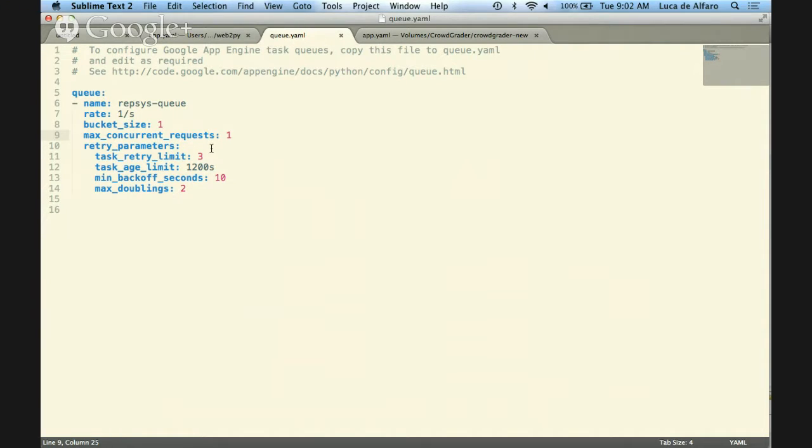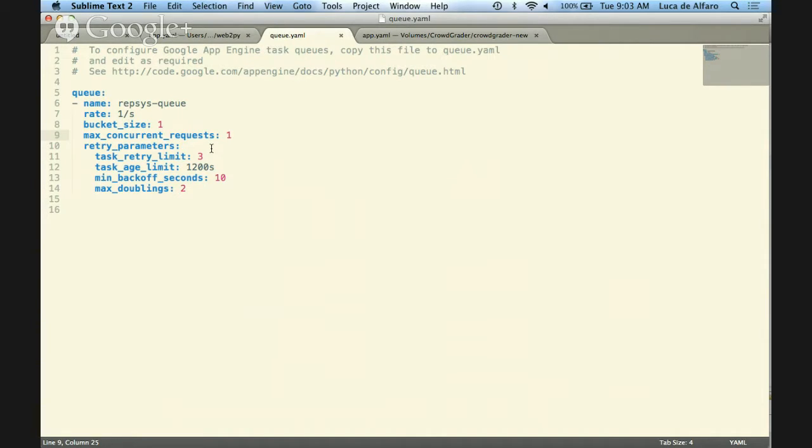And they have also this very beautiful retry policy that you can define. So if the process fails, you can say, for example, there, I try to run the reputation system at most 3 times. I don't retry for more than 1200 seconds later, which is 20 minutes.